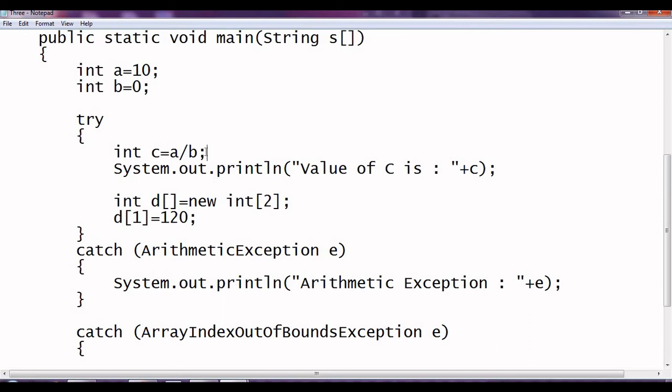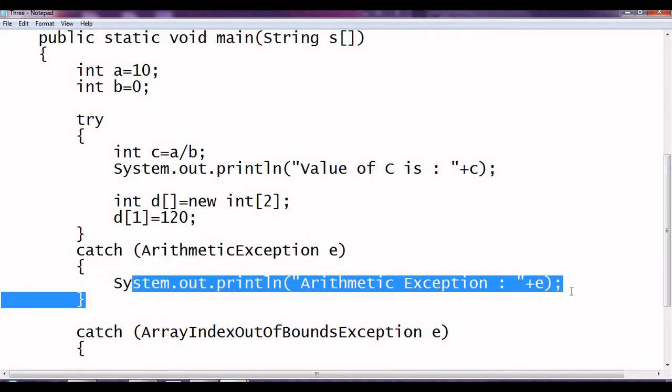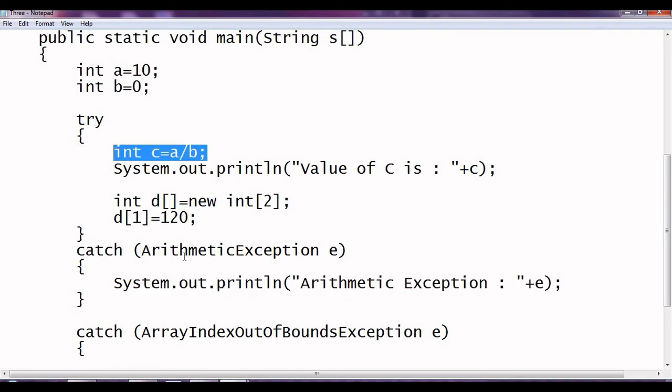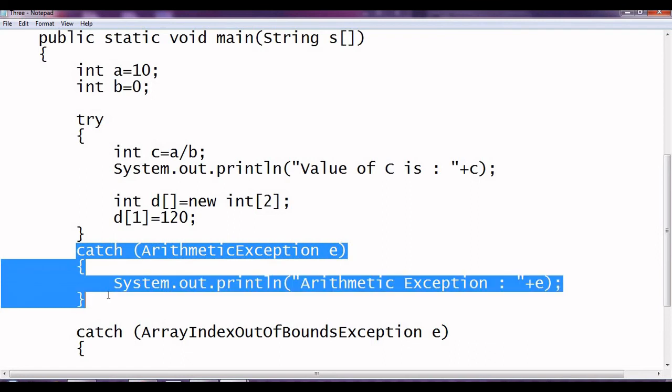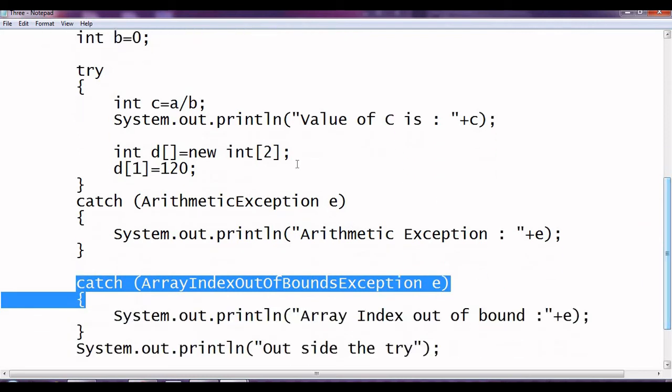Here the error is an arithmetic exception. And it will go for the sequential matching catch. It will try the first catch. Is it matching? Yes, it's matching. So it will execute this. And as we have one problem over here, we give one punishment. That's all. We will not give a second punishment. We have one issue and one punishment.